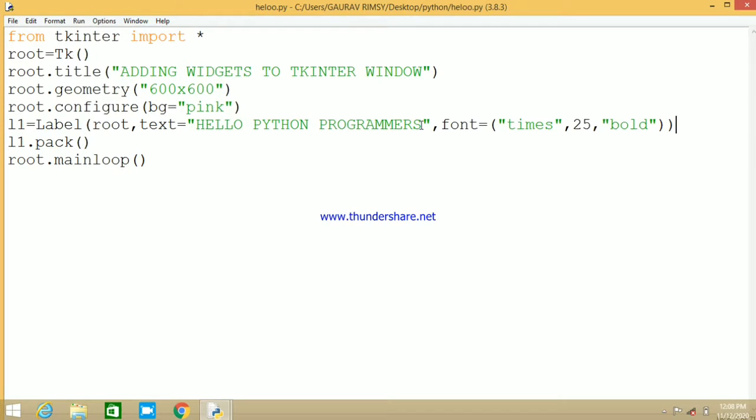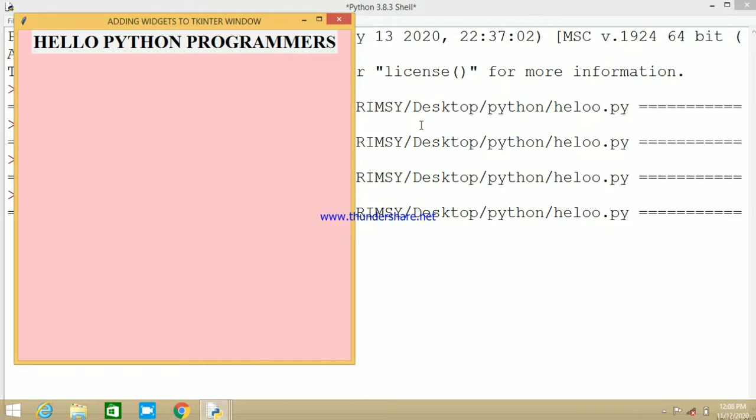Now if we run this, you can see Hello Python programmers. You can see the font style and the font size. It's up to you whatever style you want to choose, you can write over there, and you can even copy paste that particular font style from Microsoft Word if you don't know the particular name of that font style.